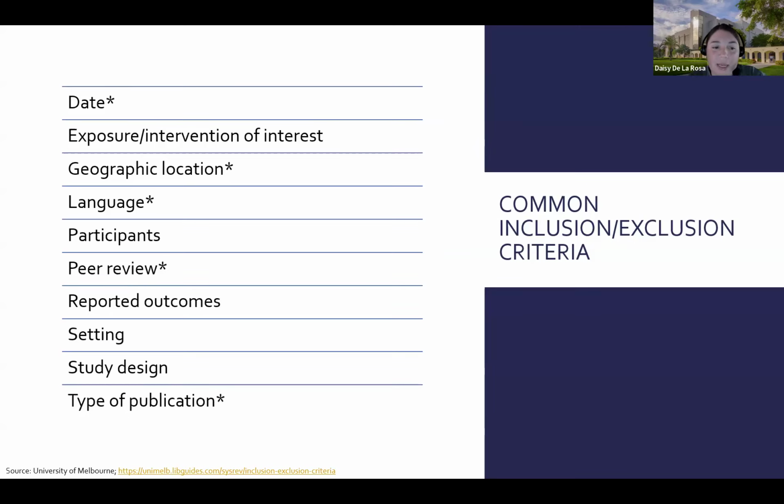And then type of publication, sometimes people exclude review articles or letters or things like that. And that's something you also have to be careful with, because maybe a letter or a review article can point you to additional studies. So you have to be careful about those types of criteria that you use to exclude any studies from your